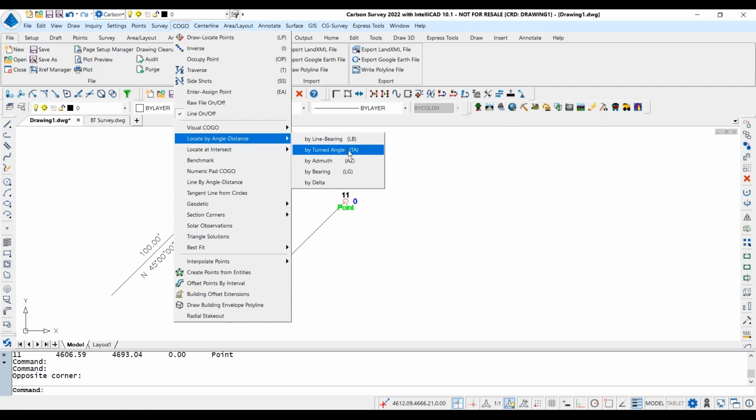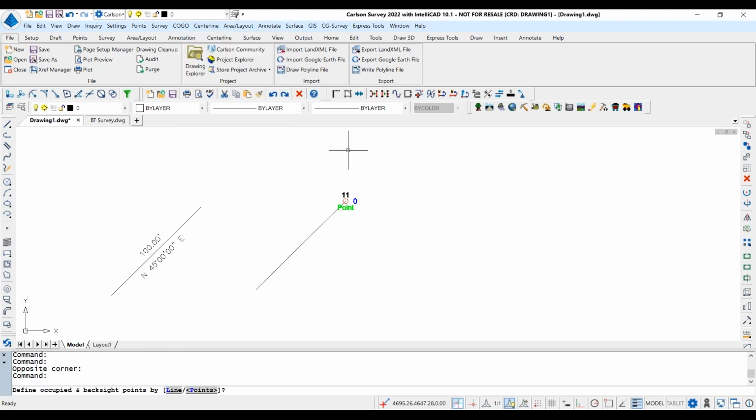Let's go back and let's try this by turned angle. Define the occupied point and backsight point. We'll do this by points. And I don't necessarily need a point number. So I can actually come in and say, well, I want my occupied point to be at this end, and my backsight point can be point 11. So I'm standing here looking that way, and we're going to turn